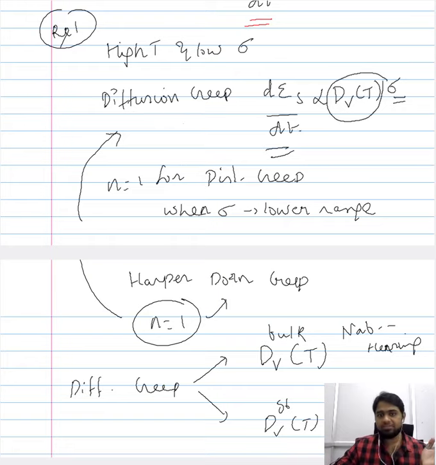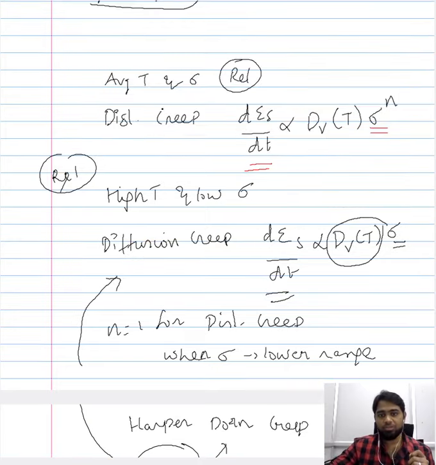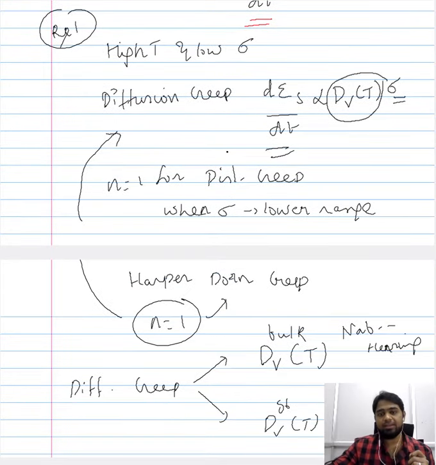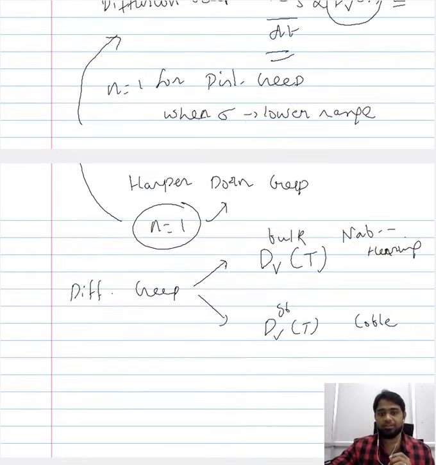So, and this is of course expected because we are talking about a temperature range that is greater than that of the previous operating mechanism, that is the dislocation creep. So what we essentially now have is, even though we can see the relation between the creep rate and the stress is similar for the diffusion creep and the dislocation creep, considering that the role of the diffusivity is the dominant factor, one cannot equate the dislocation creep and the diffusion creep. One cannot equate the Harper-Dorn creep with the diffusion creep.